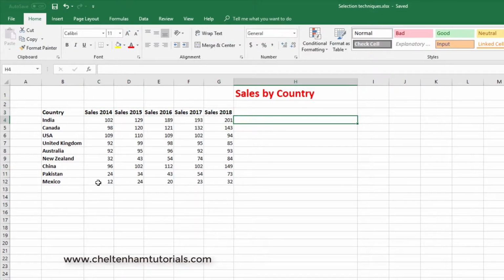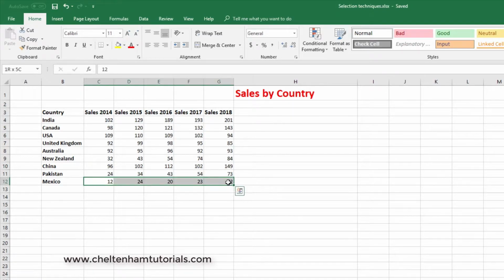So let's say I wanted to select this bottom row of data. I'd click on that, press down the Shift key, then click on the last item in the block that I wanted to highlight. I would click on that, and as you can see, 1, 2, 3, 4, 5, all of those different cells